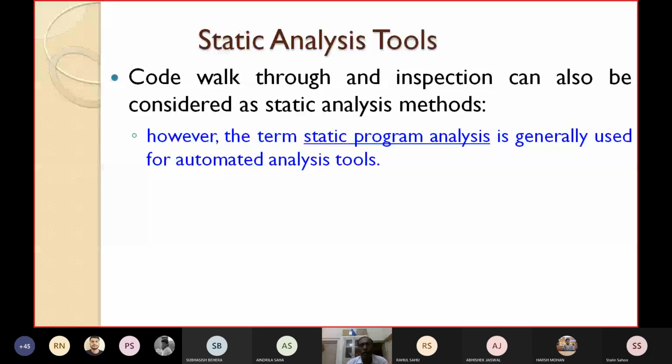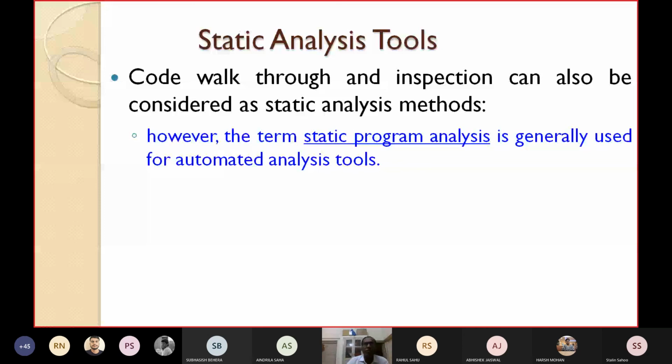So let's quickly look at the dynamic analysis tools. Dynamic program analysis tools require the program to be executed, and then its behavior is recorded. They produce reports such as the extent of coverage achieved, whether your test cases achieve 90%, 95% or 98% statement coverage, and also the adequacy of the test cases to test your software.